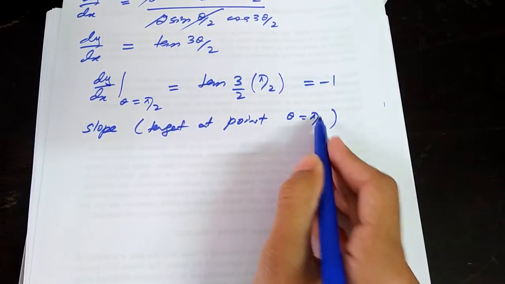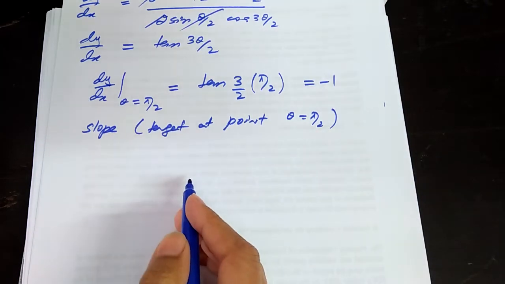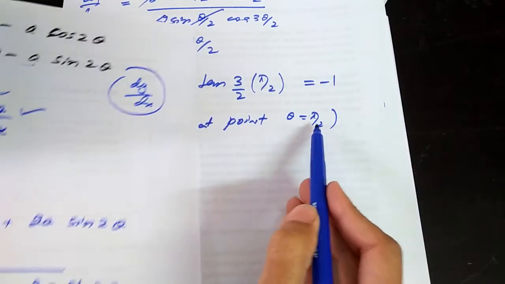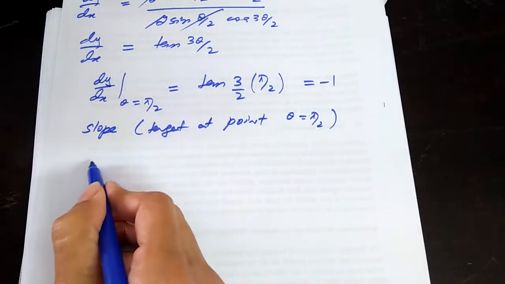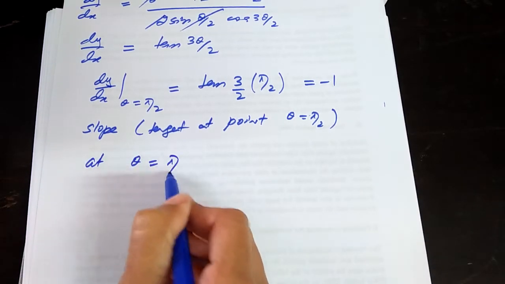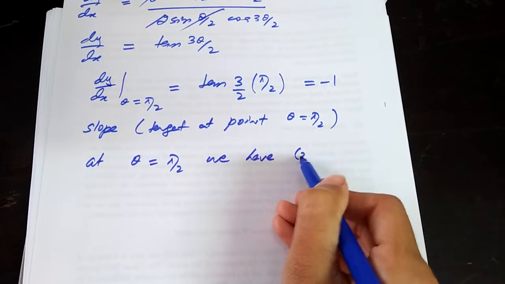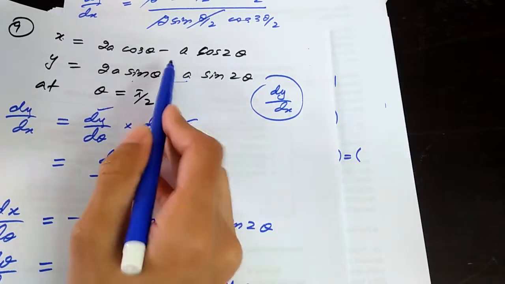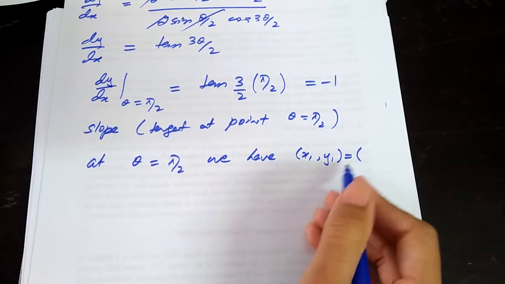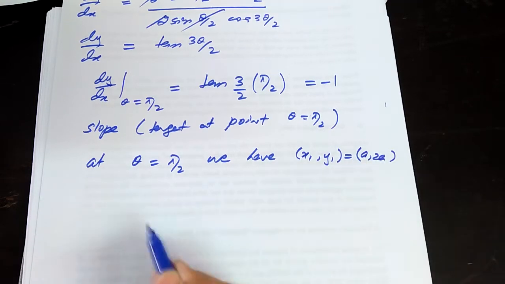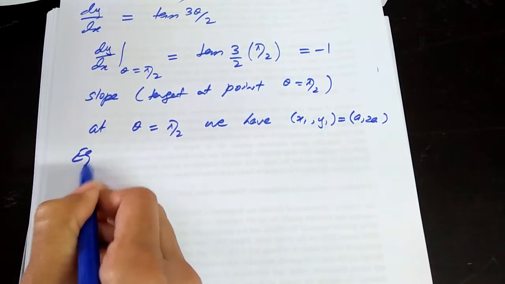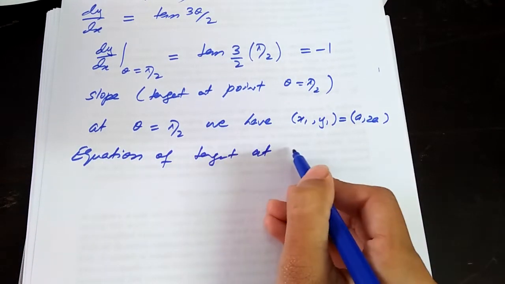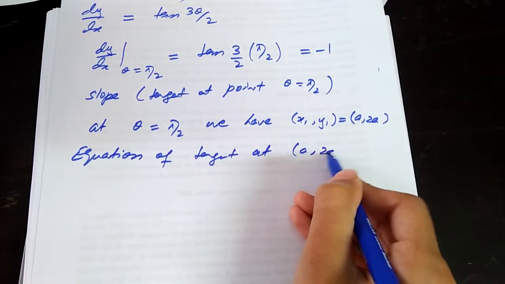Now you need a point, using theta equals pi by 2 for the x value and for the y value. Now your x is this and y is this. Put the value theta equals pi by 2 in x and y. We will get x1 and y1, that is equals to a, 2a. So now the equation of tangent at a, 2a will be,